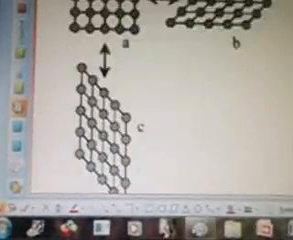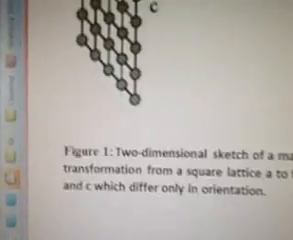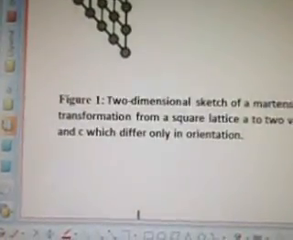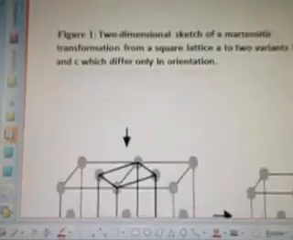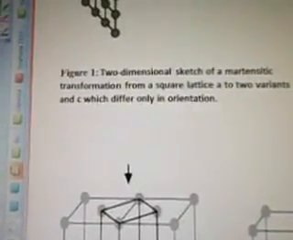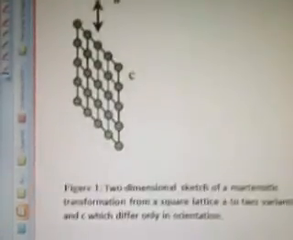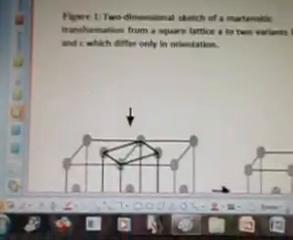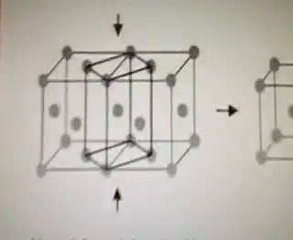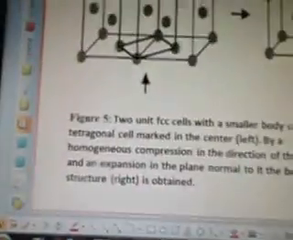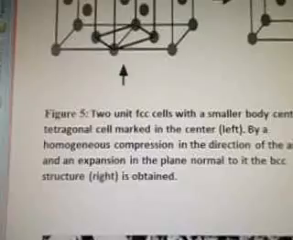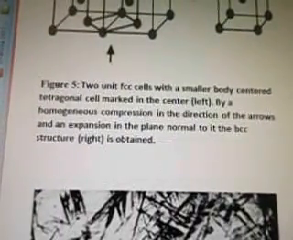A, B, C. Okay. Figure 1 is a two-dimensional sketch of a martensitic transformation from a square lattice to two variants, B and C, which differ only in orientation. And here you go. See this cube thing inside of a cube? Interesting, isn't it? Okay, so figure 2 is the 2-unit FCC cells with a smaller body-centered tetragonal cell marked